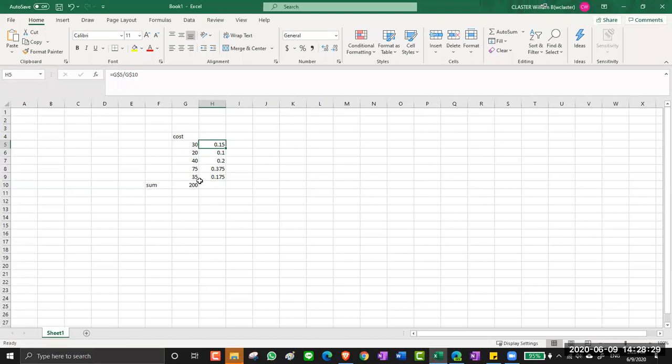What's going to happen when I drag down now? The answer would be 0.15. That neither the 5 nor the 10 will change. Okay? So that's what the $ does. So that's useful because oftentimes you want to do something like this. Okay, hopefully you've got